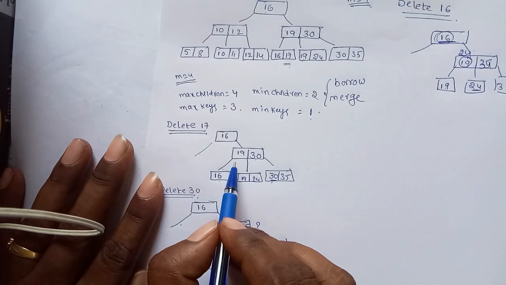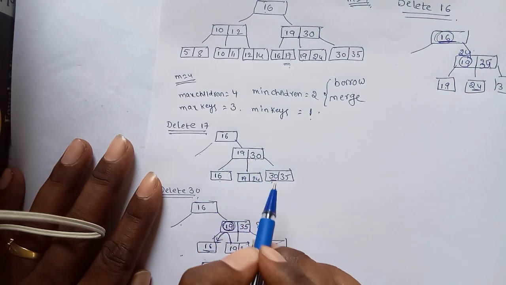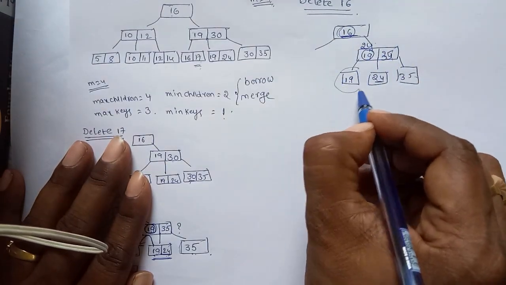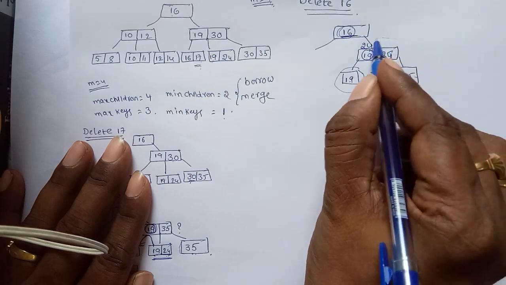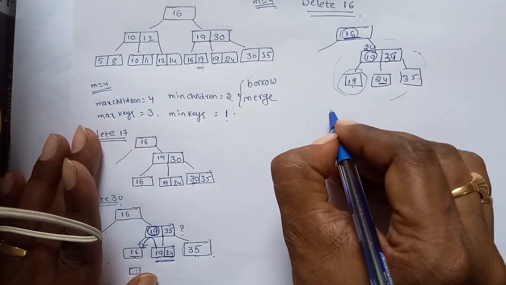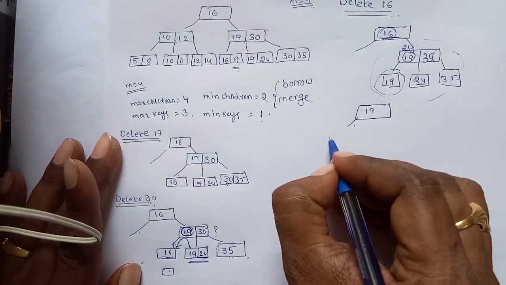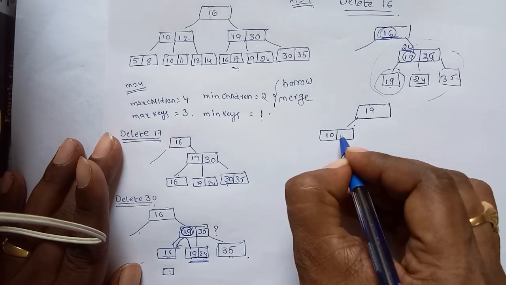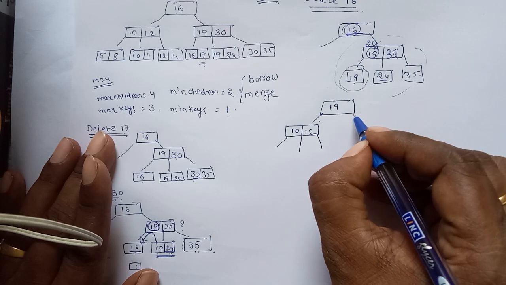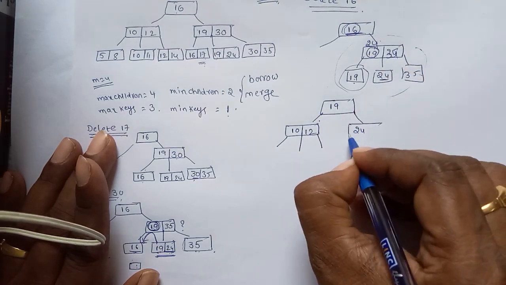We already know the case. Whenever we are removing an element from the index, that is replaced with the smallest of its children. What is the smallest of children? 19 is the smallest of children. All these are children. So among these, 19 is the smallest of children. Observe. So 19, the left side is 10, 12, 5, 8, 10, 11, 12, 14. Does not change. So for 19, 24, 35.